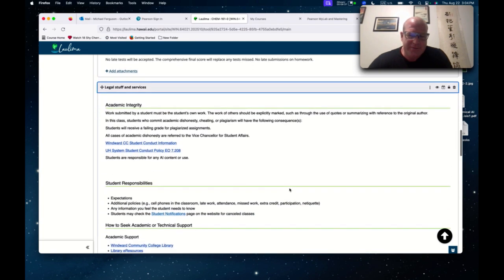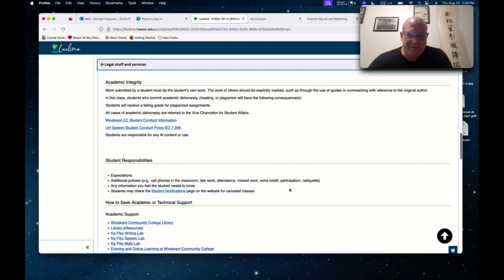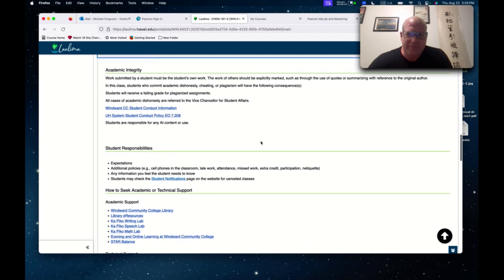Okay, legal stuff. Academic integrity. You can read through this. I'm supposed to make an AI statement, and my AI statement is that you are responsible for whatever AI use that you have and its output.